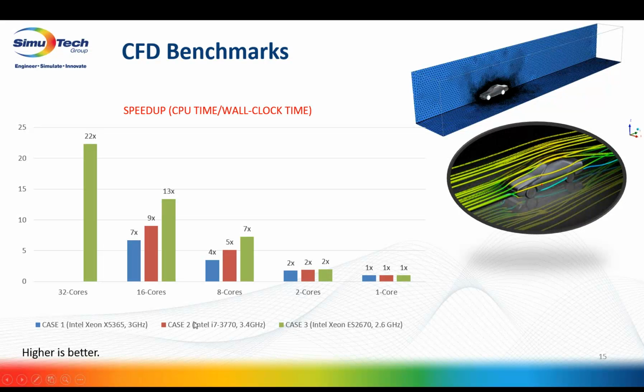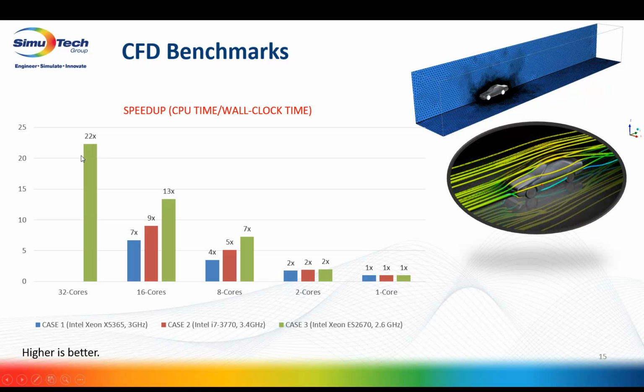Case 2 is one of our in-house computers that's individually 4 cores. And then case 1 is a really old, if you know your Xeon numbers, that 3 next to that tells it's a pretty old Xeon, probably 6 years old, but still a good clock speed, and we can just see how it scales. Ultimately, looking at single core as a baseline, and again this is more of an IT, computer science way of looking at it, but if I jump to the end, with 32 cores, so that's 2 HPC packs,